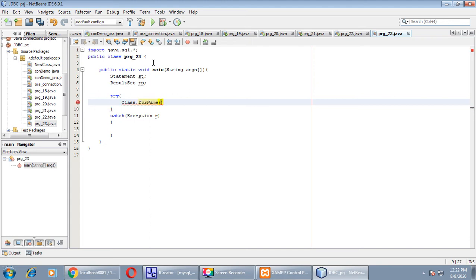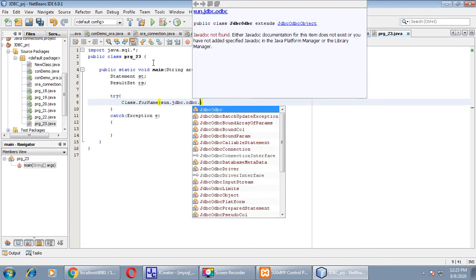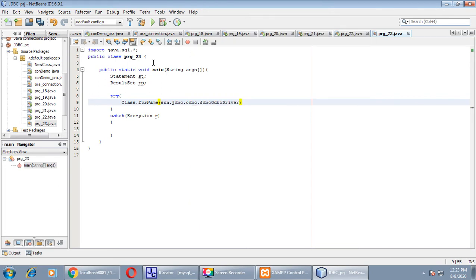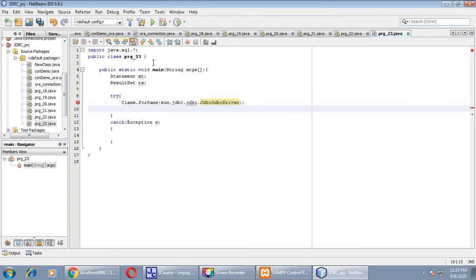The name of driver is again sun.jdbc.odbc.JdbcOdbcDriver. Now get the connection with your recently created DSN using the DriverManager class.